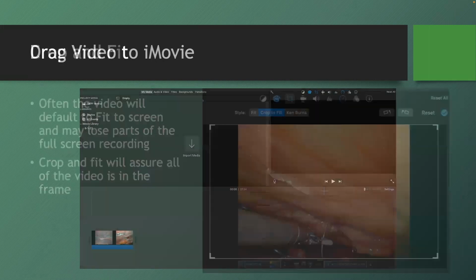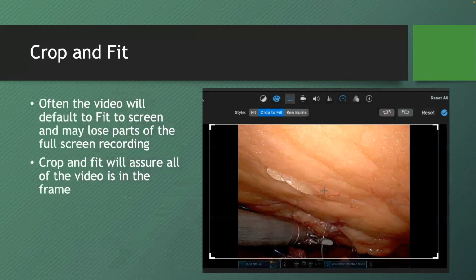So let's start with the first step, which is crop and fit. Before I splice, I like to make sure that we've got the entire video in view. Oftentimes the video will get transferred and the style will default to fit, which will result in many parts of the screen being lost. And so I change the style to crop and fill, which allows me to center on